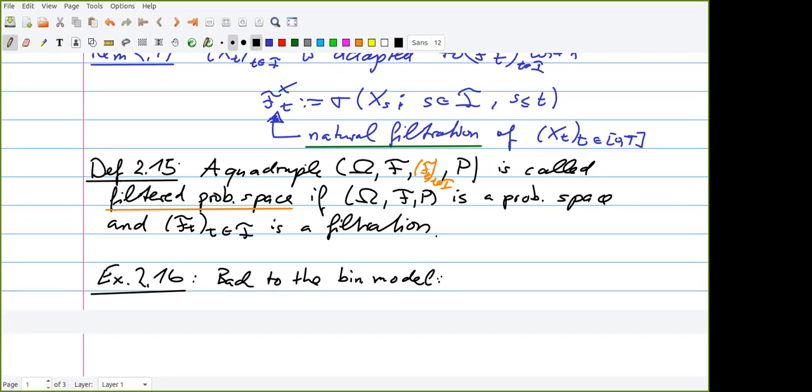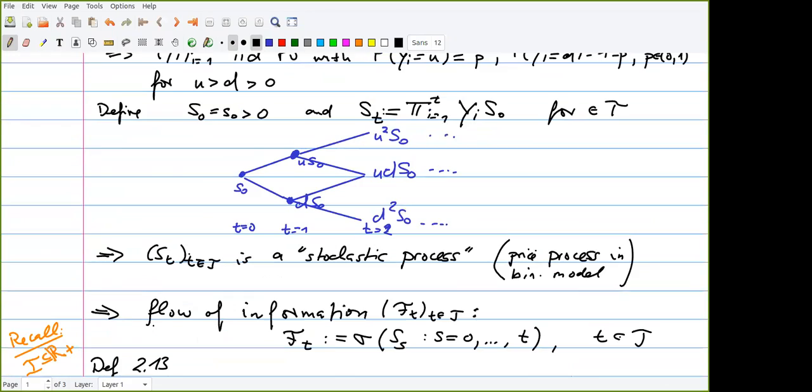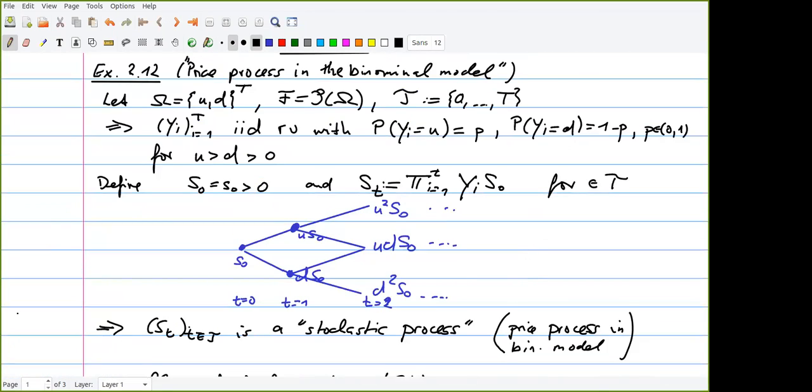So if we have a price process modeling a financial market, well, we want to be able to model